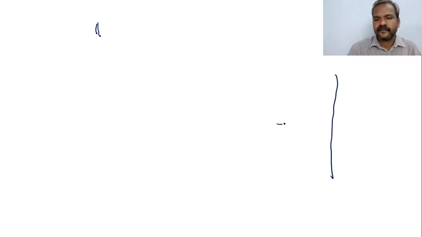So what is the tentative, rough polar plot? The rough polar plot will be like this.